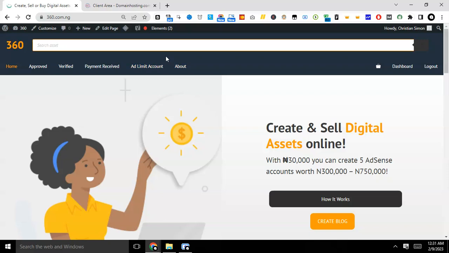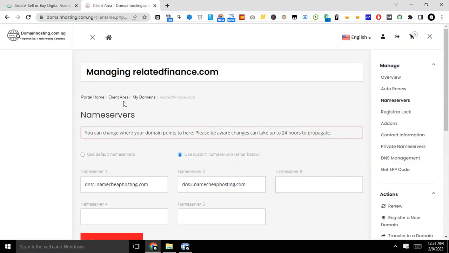They have quite some affordable hosting packages, shared hosting plans that you can go for. Okay, so I'm gonna go straight. The first thing we want to do is to go to where the domain was purchased to now point the domain to where the hosting will be, which is on Namecheap. So we're going to change the name server from the default domain name server to the Namecheap name server. Okay, so I'm going to go to domainhosting.com.ng, which I already have open here,